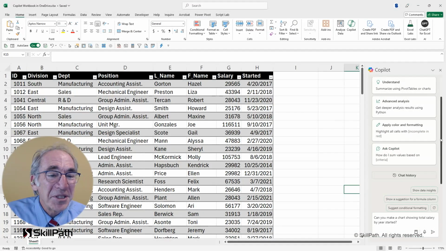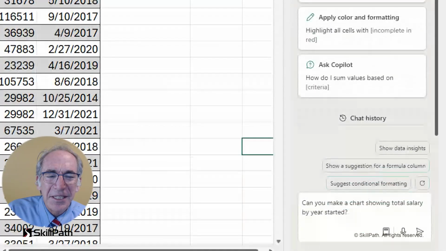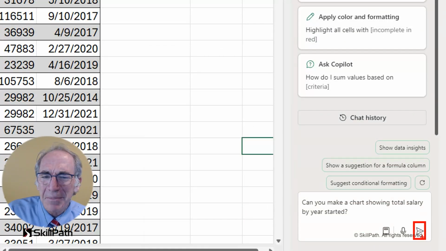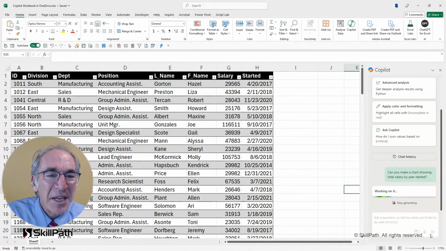And so in order to do that, I'll just click the button that you see here on the right, that in a sense looks a lot like sending an email. I suppose I'm sending the prompt to Copilot. And when I do, it starts working on it.